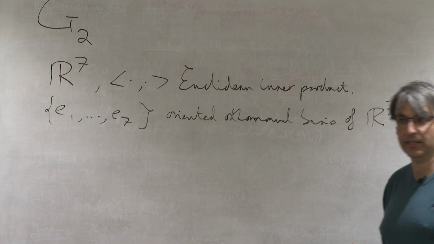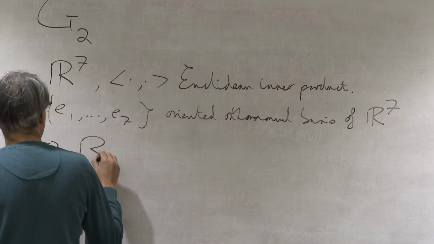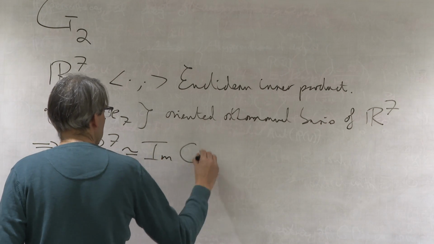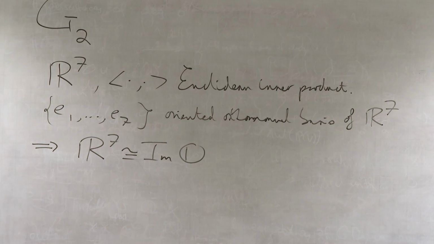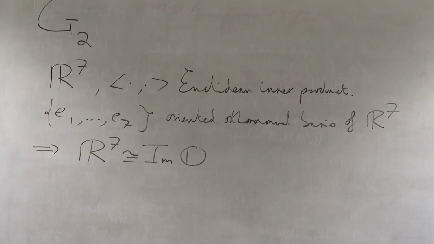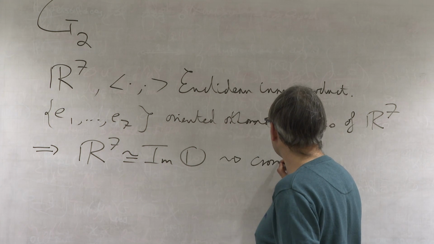This means that we can identify R7 with the imaginary octonions, the purely imaginary ones, where you just have an E1 up to E7 in them. And so what that gives you is the notion of a cross product